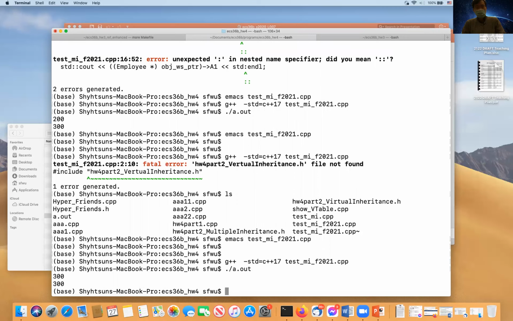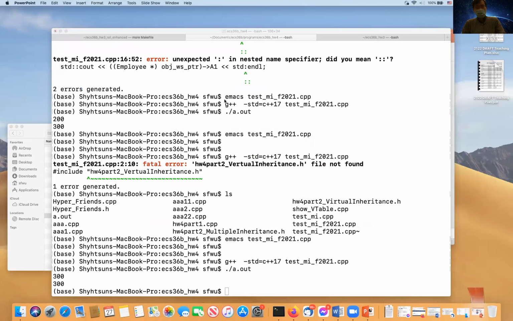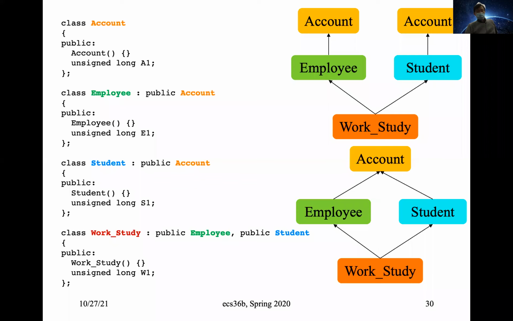The difference between virtual and multiple inheritance, again, is this. Not this one. Where's my slide? Not this one. Oh, it must be this one. You see the difference between these two? With virtual inheritance, you only have one copy.